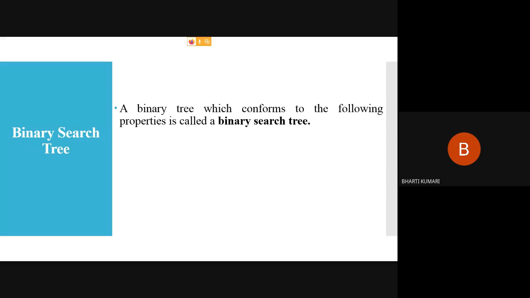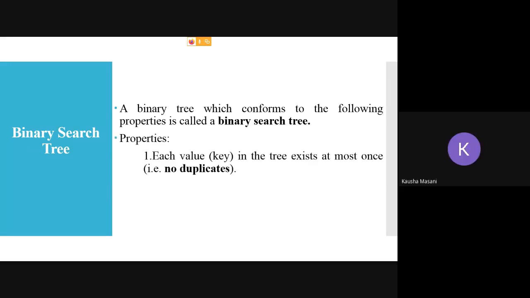Ma'am, no duplicacy. Correct, absolutely right. There is no duplicacy, so no duplicates. Anything else? Anything else you can think of for a binary search tree property?